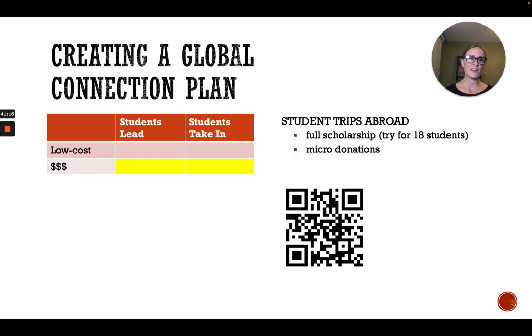But you can think again, can we set up a GoFundMe and use micro donations? Or one thing that I have done that is really easy to do is give a student a full scholarship. So with EF Tours, we'll just use that as our example. You get one free chaperone for every 6 paying travelers. So the first 6 paying travelers cover my trip abroad. And then the second 6 paying travelers cover a co-chaperone for me. Okay, great. So now we've got 12 students and 2 chaperones.